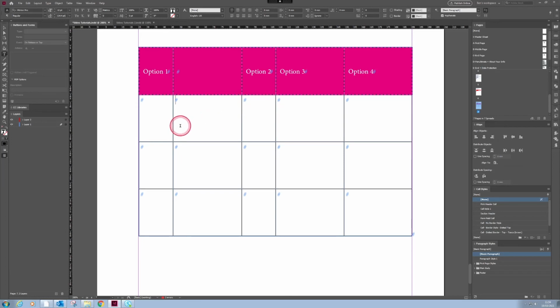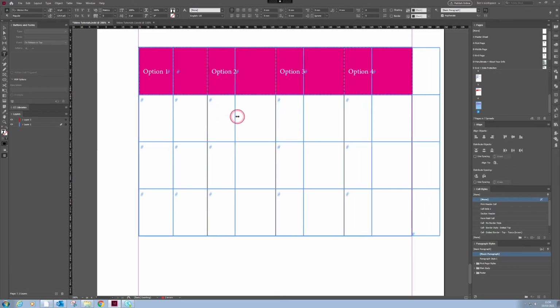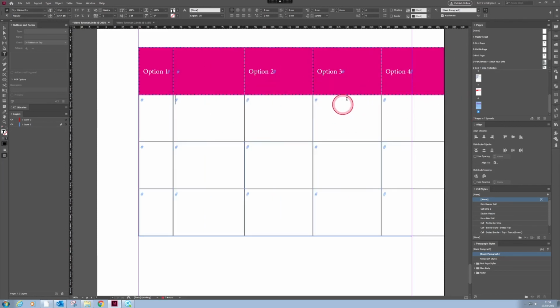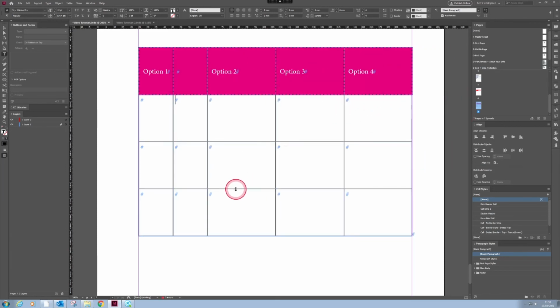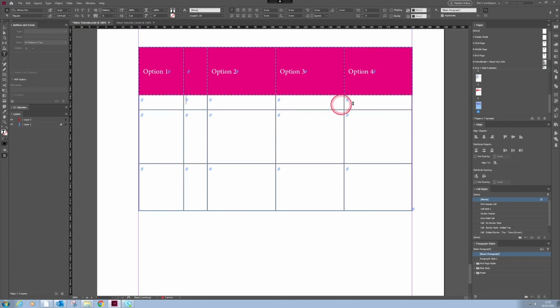Or if I wanted to keep the next door neighbor the size that it was, I click and drag without holding any modifier keys, and the rest will trickle through to the rest of the table. Same with the horizontal bars. I can click to move them, hold shift, move them, and you can see that this table is starting to take some sort of shape,